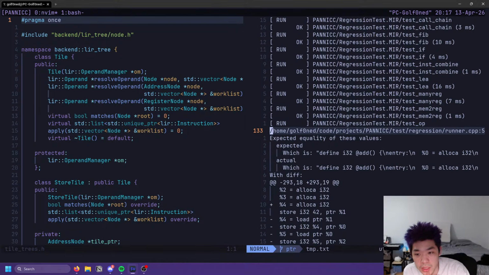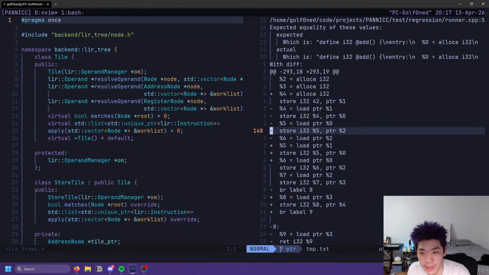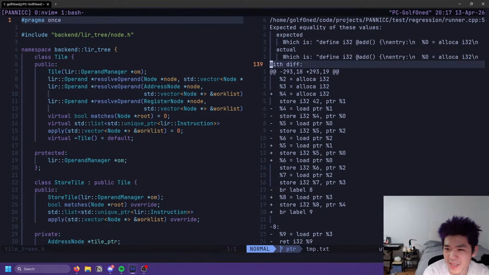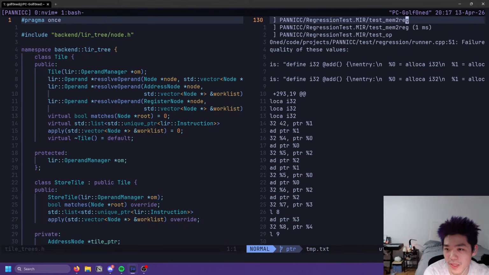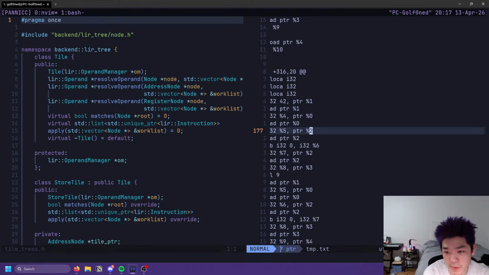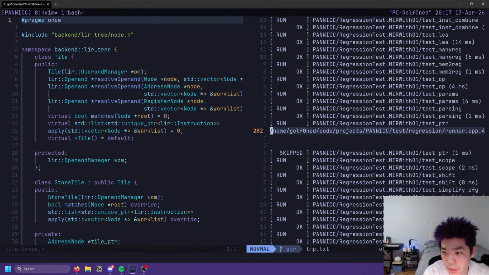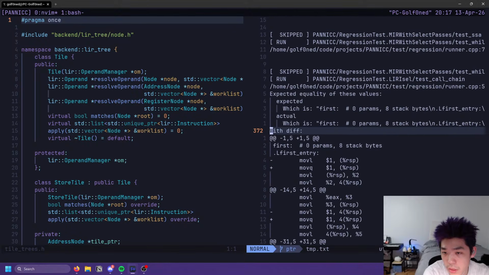Let's see. What changed here? Is this the same test? Because if it is, then I don't really care. Is this SWI? I guess it's SWI. Okay, this is op, so we don't care about this. This is just different because the front end is different. Call chain.